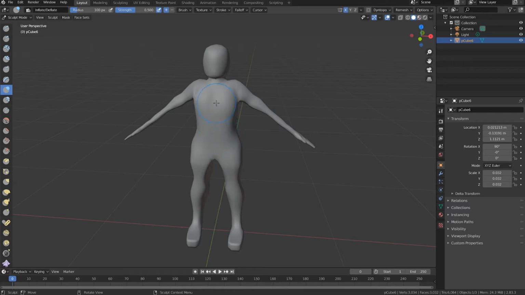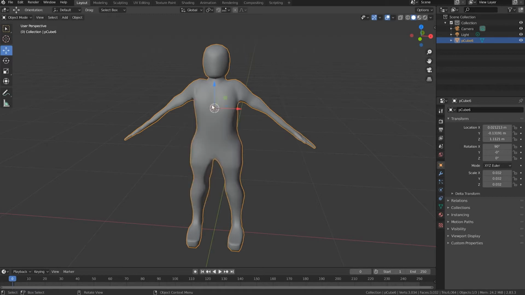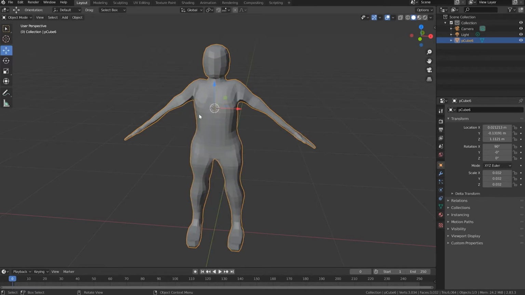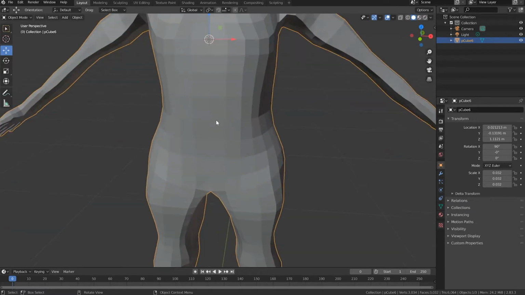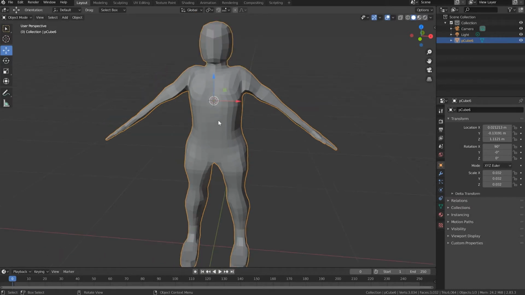I want to be able to see the flat shading on here so I better understand the structure. Go to object mode for a moment. This way you can right click on the object to pull up this menu and select Shade Flat. And this shows the faceted version of the character, which shows you where the vertices are and the faces. Going back to sculpt mode,